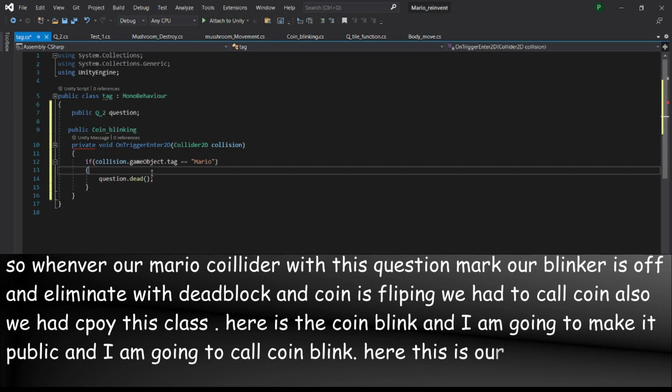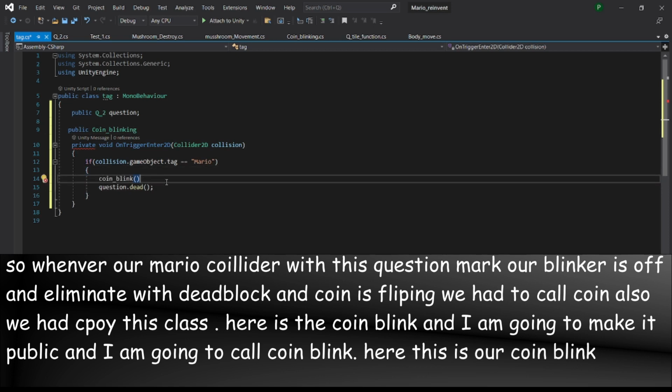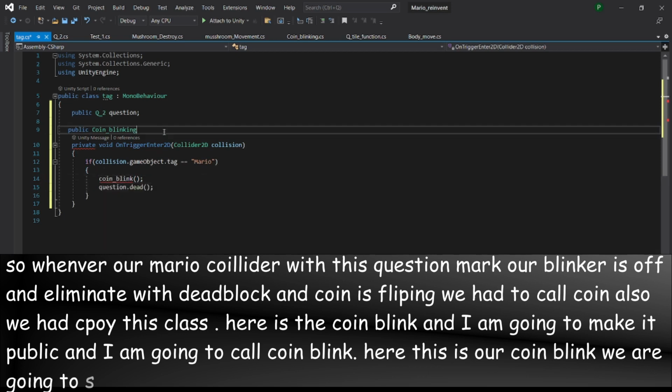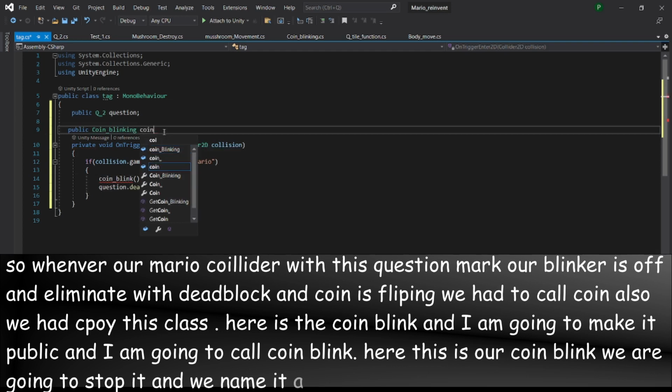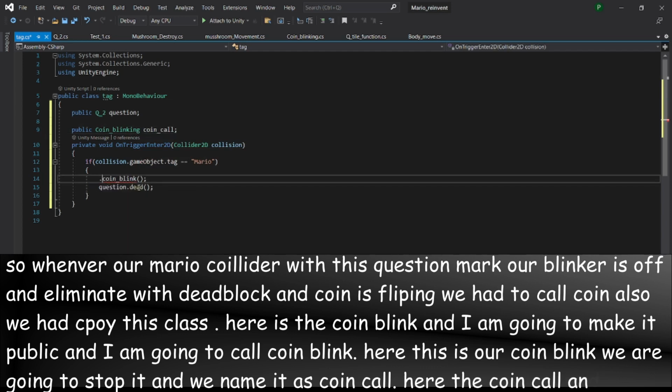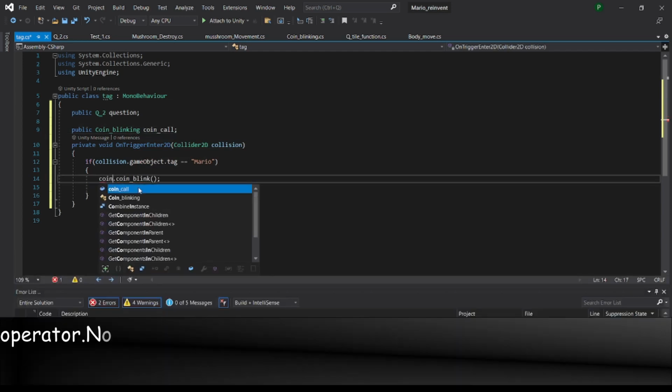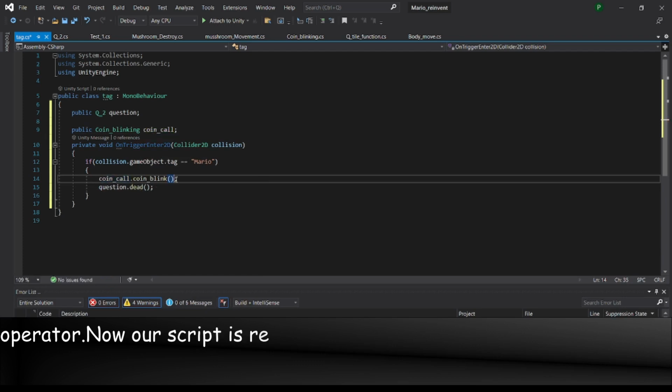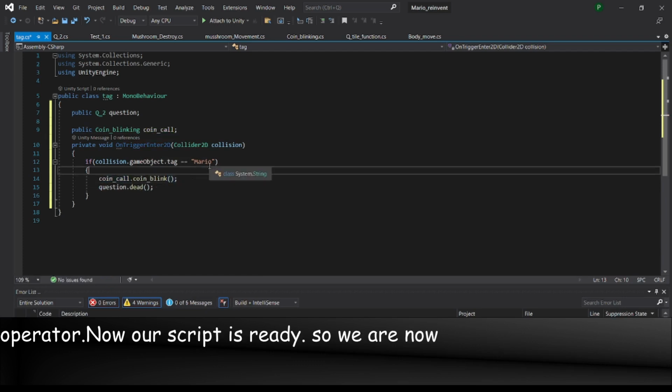Here is a coin blink. We're going to stop it, and we are going to name it coin call. Here's a coin call and the dot operator, and it is coin call. So now our script is ready.